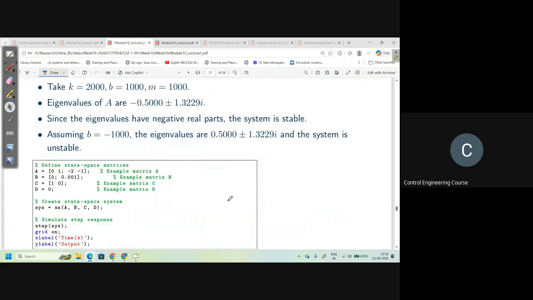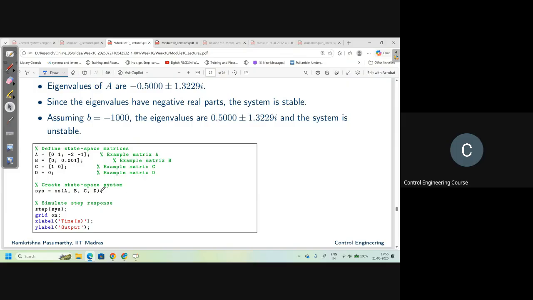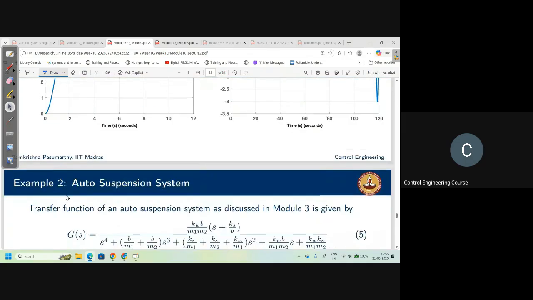So here they are given with MATLAB simulations. Suppose you are given ABCD matrices like this, then first you need to represent the system using the SS function, state space representation. Then you can use step or whatever. Similarly, in the case of transfer function, we used TF, right? Here is TF, transfer function, numerator polynomial, denominator polynomial. So here it is system SS.